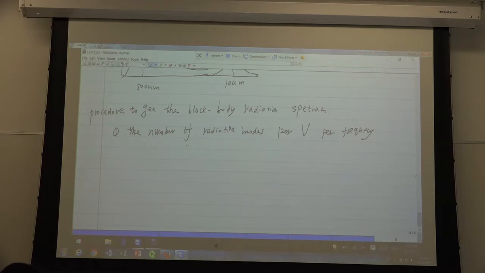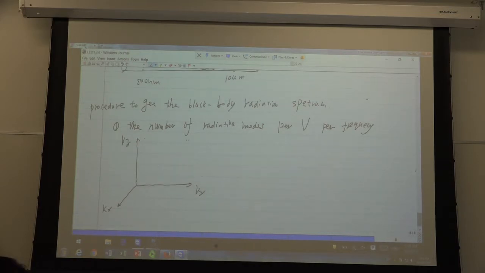How to understand this? I think it's easy to understand using a cavity. Maybe in the last lecture, Xingang told me using a cavity is better. I think his suggestion is good, so I would like to talk about this using a cavity. Consider a cavity. It has a sphere, then it has a shell.